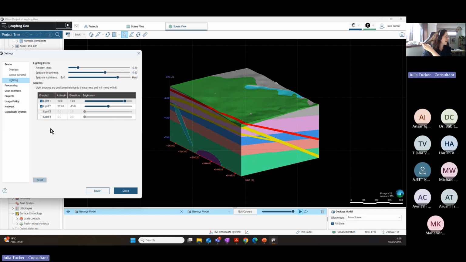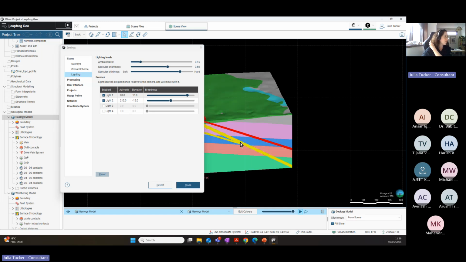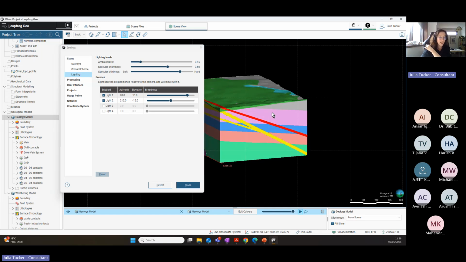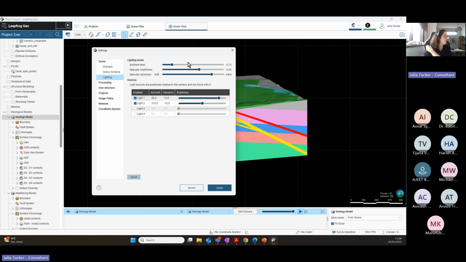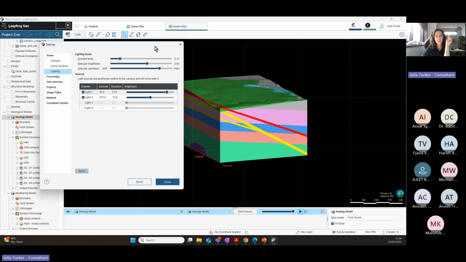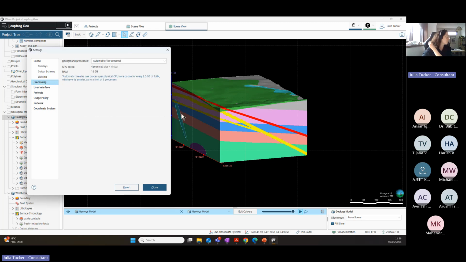So if you're having any kind of problem of visualization on your project and you are not enjoying the colors or the way that you are visualizing that, you just need to come right here, settings, and take a look at the lighting, the shadows, and the colors. And probably you will find the best fit for you. And right here, if we check, we can see the processing. This is about the background process, and we can input how much we want, but I'm just going to leave